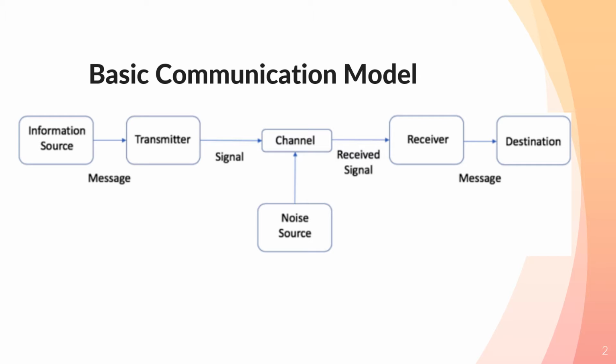Now, before getting into information theory, we need to understand its importance. If we take a basic communication model, the first block is the information source, which is generating the information represented as a message. This message may be audio, video, text, or any image. It has to be represented in an efficient way. So information theory plays a major role here to represent this information, right? Then the messages are transmitted by the transmitter and received at the receiver, where they are decoded again.